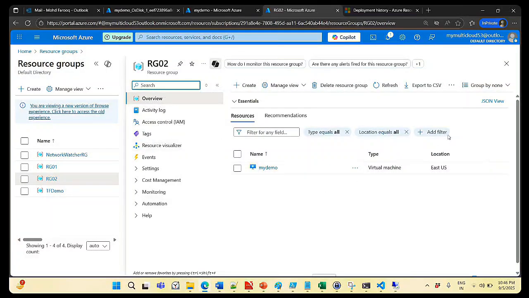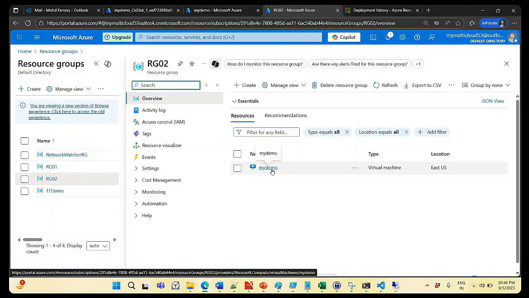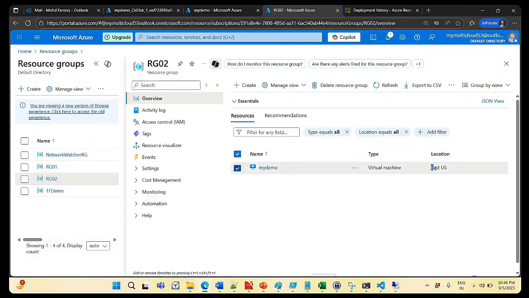But you can see here my demo is a virtual machine, and the type is virtual machine, and you can see the location is still showing as East US. So the location of my virtual machine has not moved, just logical information and logical content has been moved. That's it. Okay,